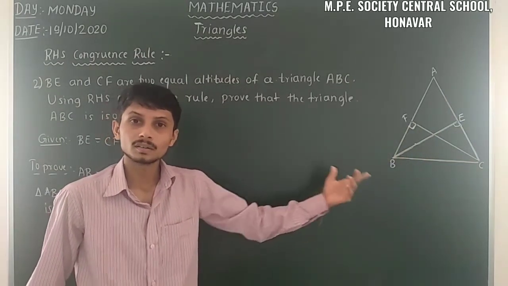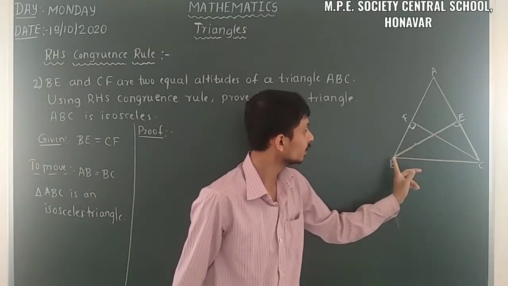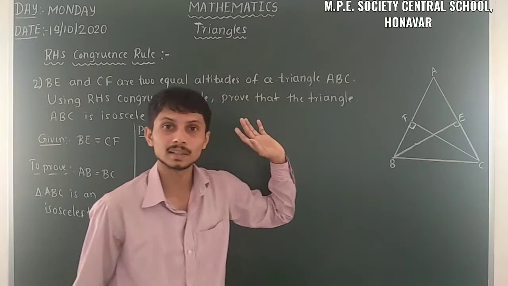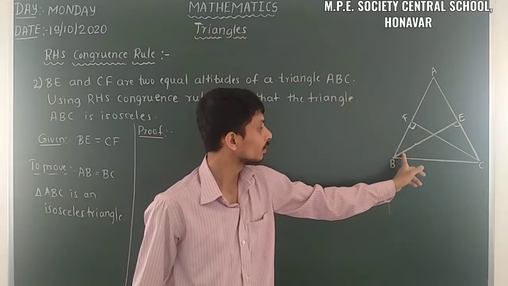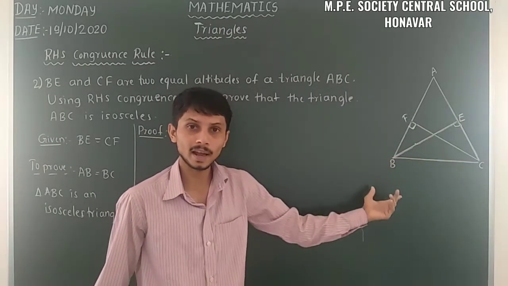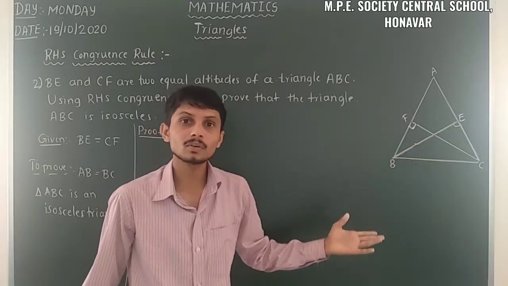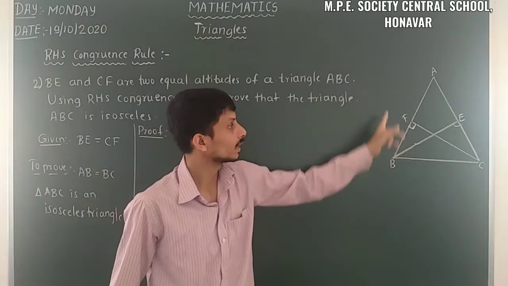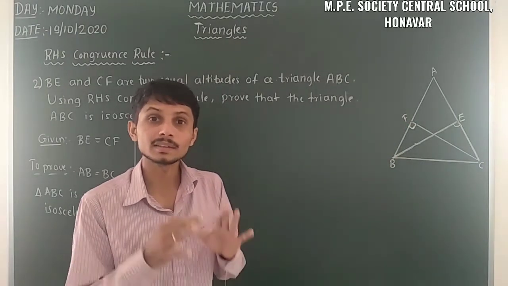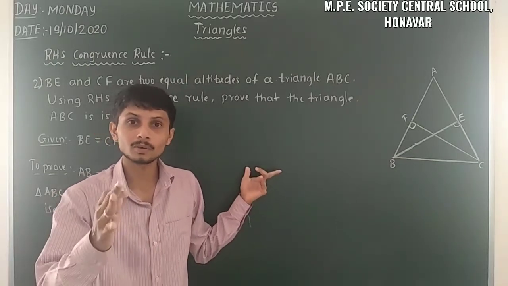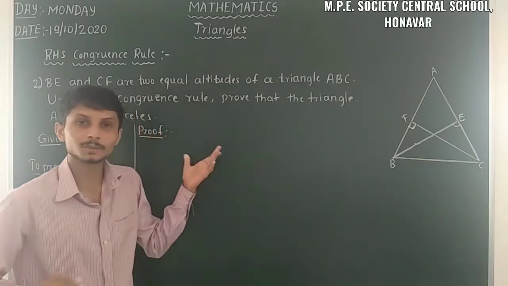So let us take the other possibility, that is BCF and BCE. Those two triangles are there. So let us take those two triangles and then we have to prove angle B is equal to angle C. When we have angle B equal to angle C, the sides opposite to the equal angles are equal, so then we can take AB is equal to AC. So firstly we have to know what the possibilities are, then we have to take. So likewise, think before ink. Here I am using the chalk piece. Okay. So let us take